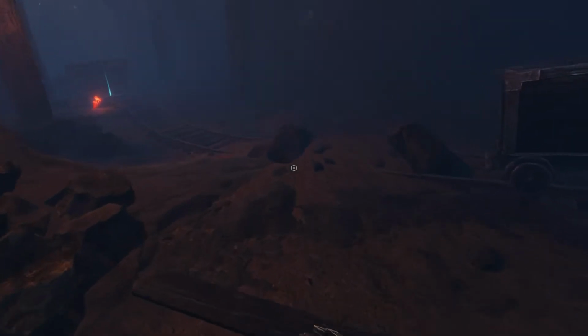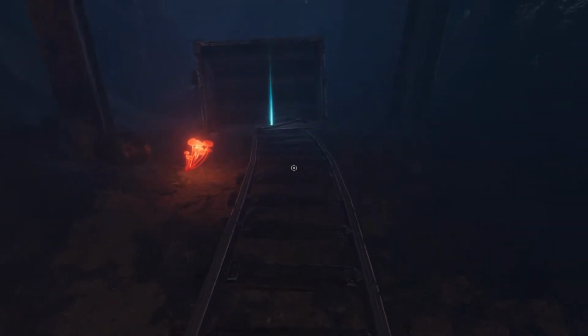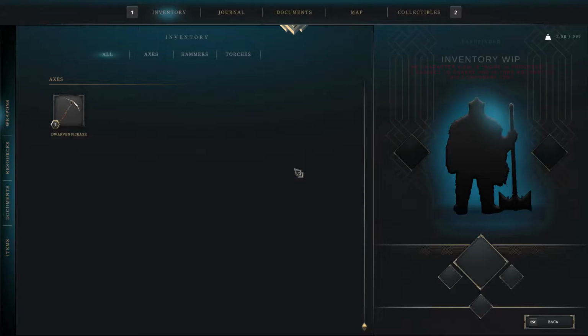I see what looks like a... No! Oh, wow, that flipped right over. I only wanted to step up to the edge and look into it. Well, that great gleam is probably for some kind of tool. It's a pickaxe. Wonderful. Now, I wonder...